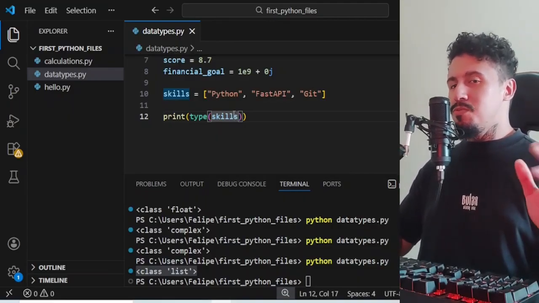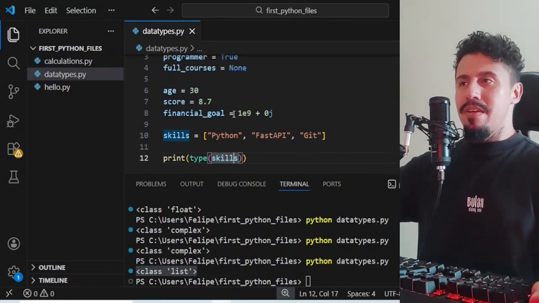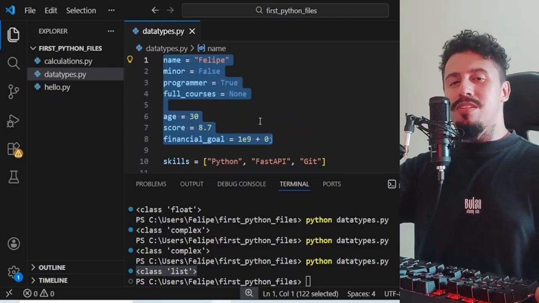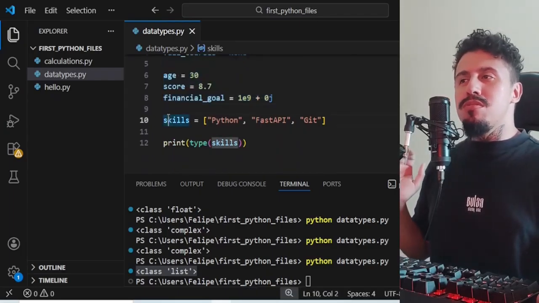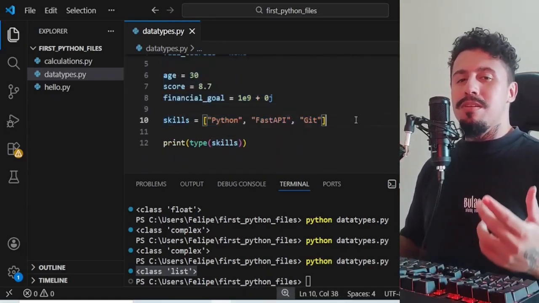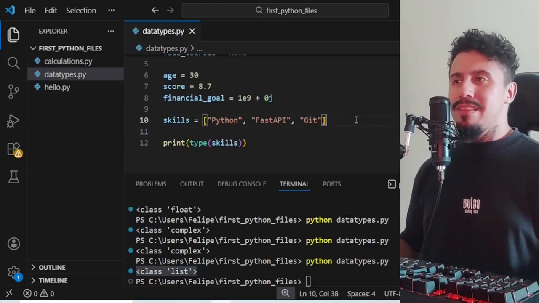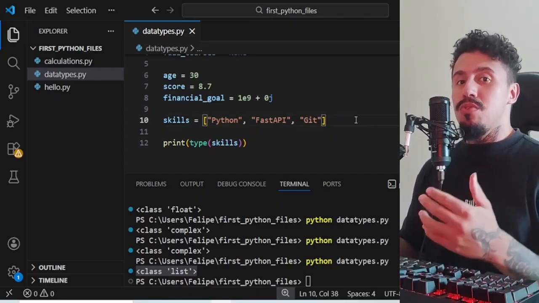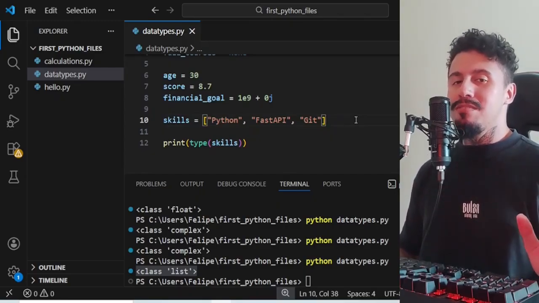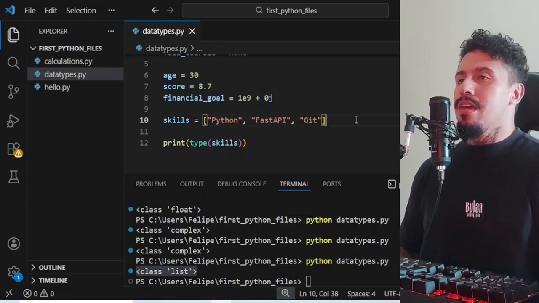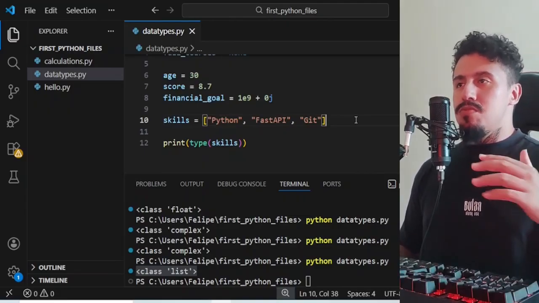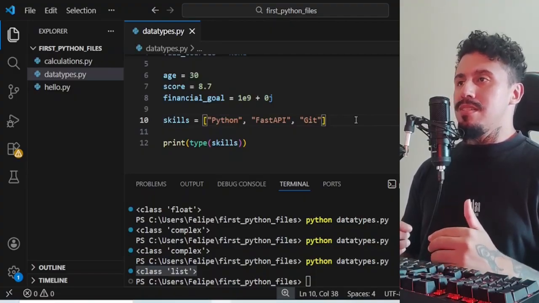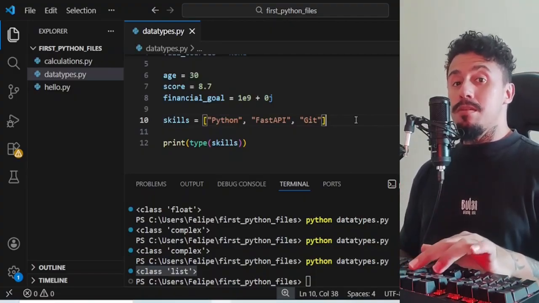If you want to separate the basic data types and call them data types, and the most complex data types and call them data structures, I don't see any problem with that. If you know how to manipulate them, I don't see any problem, okay? So this is one of them, lists. We have another sequence data type, that is the tuple, all right?